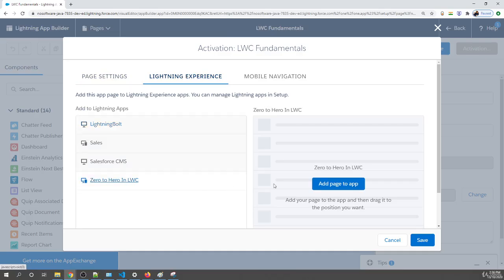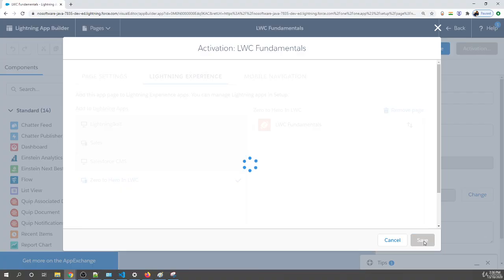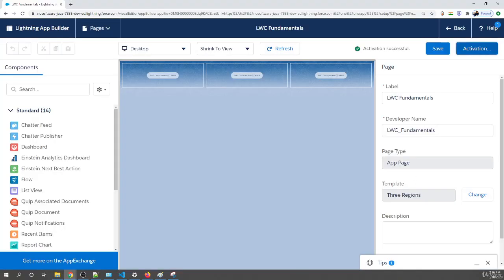Select the app name and say add page to the app. So now our LWC fundamentals will be available for the 0 to hero app. Hit save. And now our page is ready and it's assigned to the app. Hit save and go back,